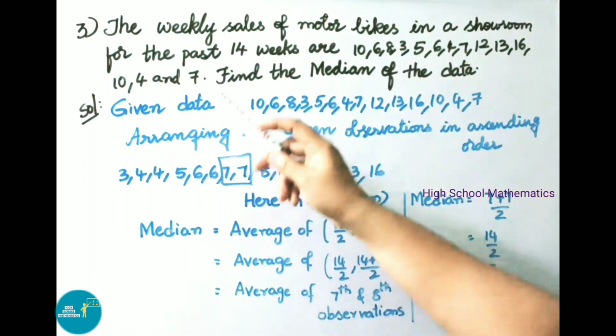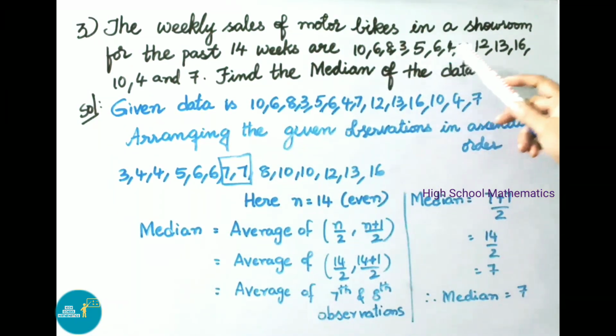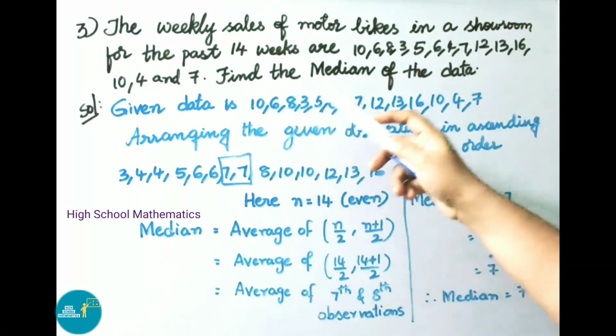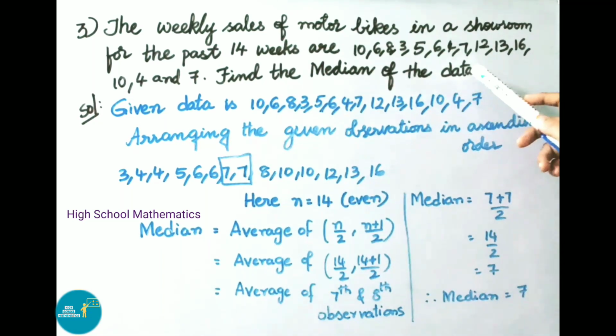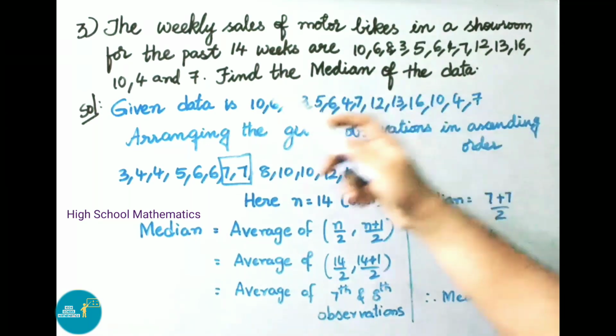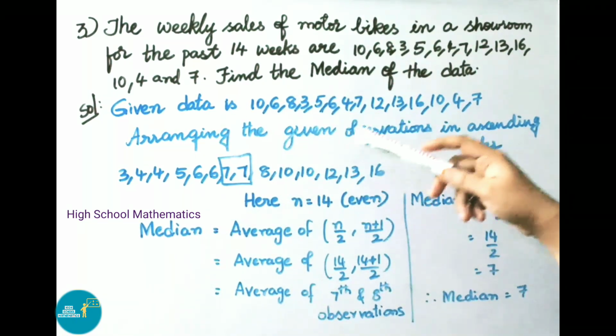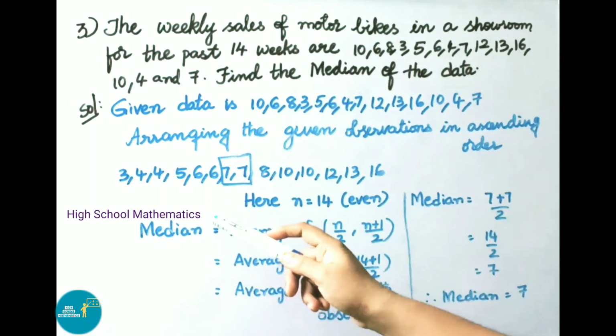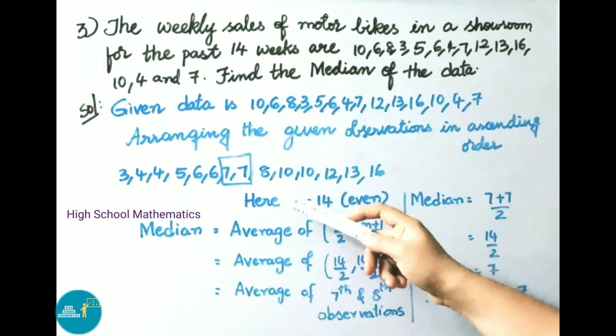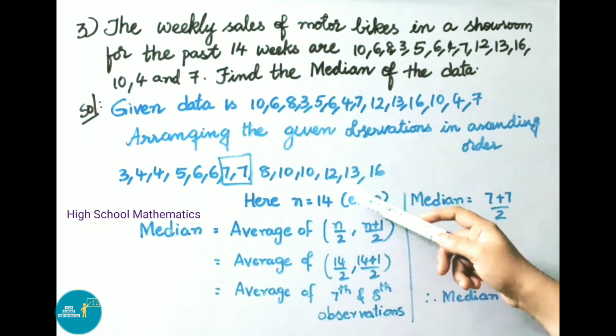See now third sum. The weekly sales of motorbikes in a showroom for the past 14 weeks are 10, 6, 8, 3, 5, 6, 4, 7, 12, 13, 16, 10, 4 and 7. Find the median of the data. Let us see the solution. Given data is, we have entered the given observations. Arranging the given observations in ascending order: 3, 4, 4, 5, 6, 6, 7, 7, 8, 10, 10, 12, 13